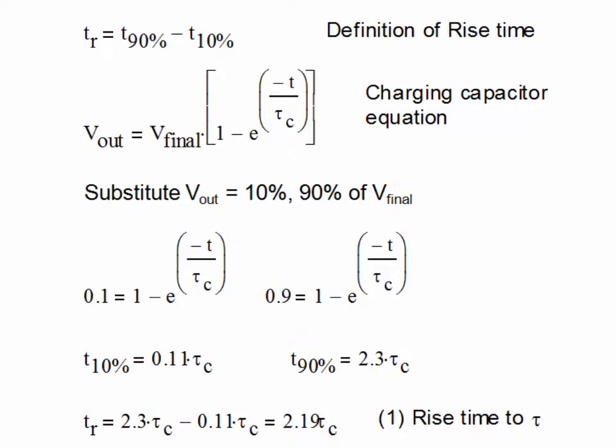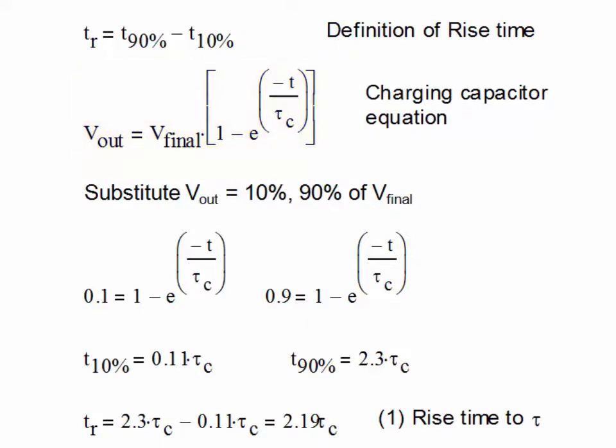We can support this claim using algebra. First, let's start off with the standard definition of rise time as the time required for the amplifier's output voltage to move from 10% to 90% of its ideal value. Next, we can assume that the op-amp's output behavior is essentially just a capacitor charging up. This is known as the first order response.